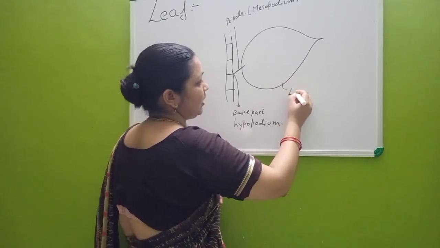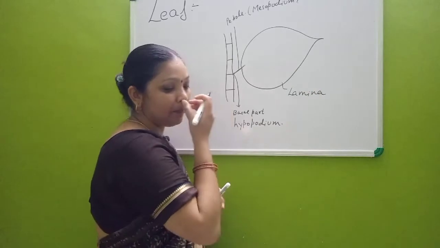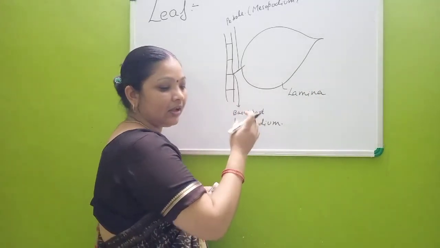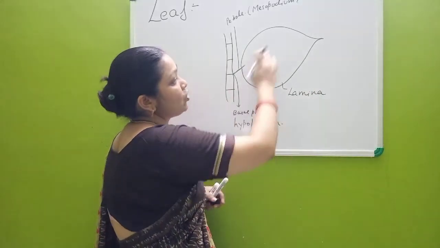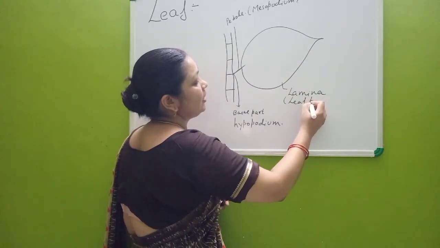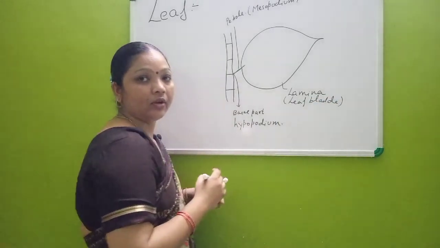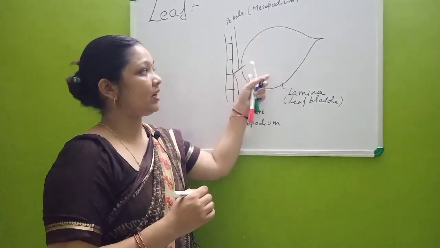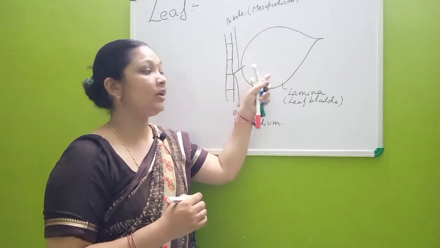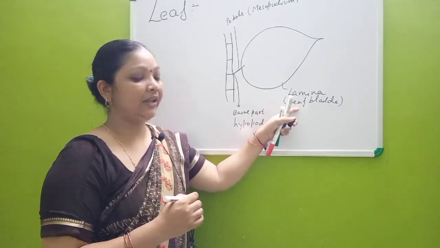This green part is called lamina, or it is also called leaf blade. The whole green structure that arises from the petiole is called leaf lamina, or leaf blade, and